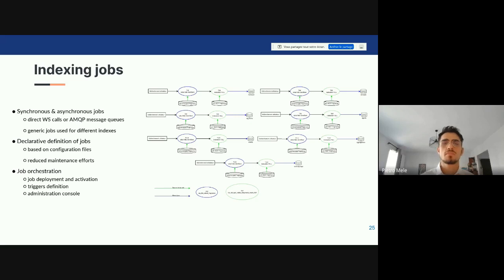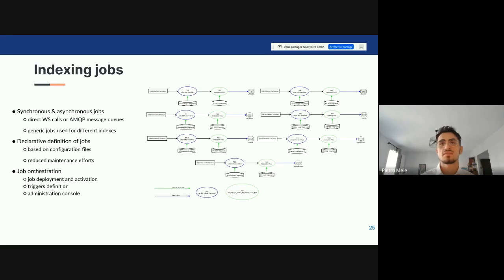We have generic jobs that we parameterize using something that we call a task. Every task can contain something about the operation we have to perform. So, for example, it can contain the name of the index. It can contain the collection from where we want to get our data. It can have different parameters. So it's quite useful, as it allows us to make things automatically.